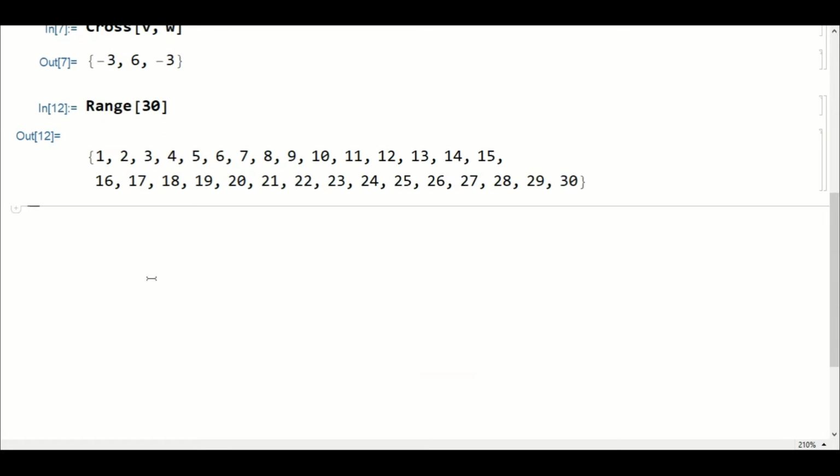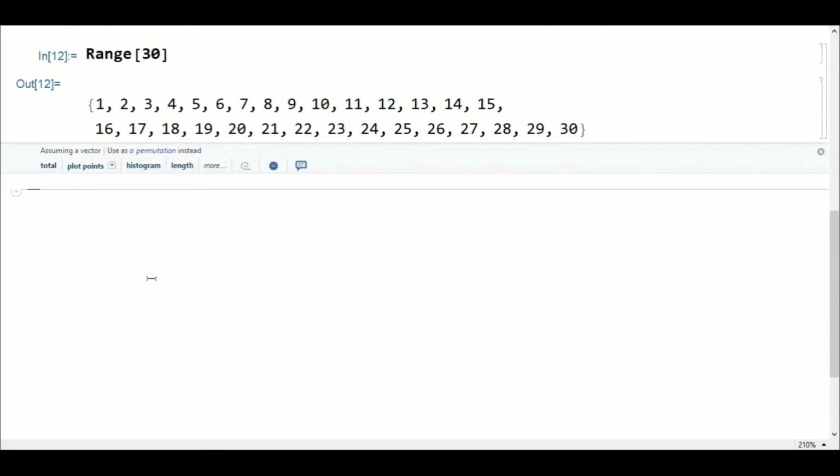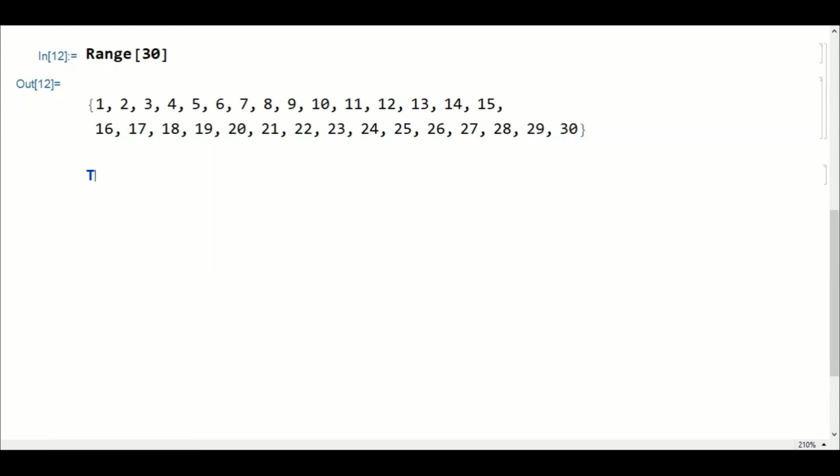But sometimes we have an expression, and based on the answer of that expression we want to create a list. I will explain what this means. There is a function called Table. In Table, we write it like this.